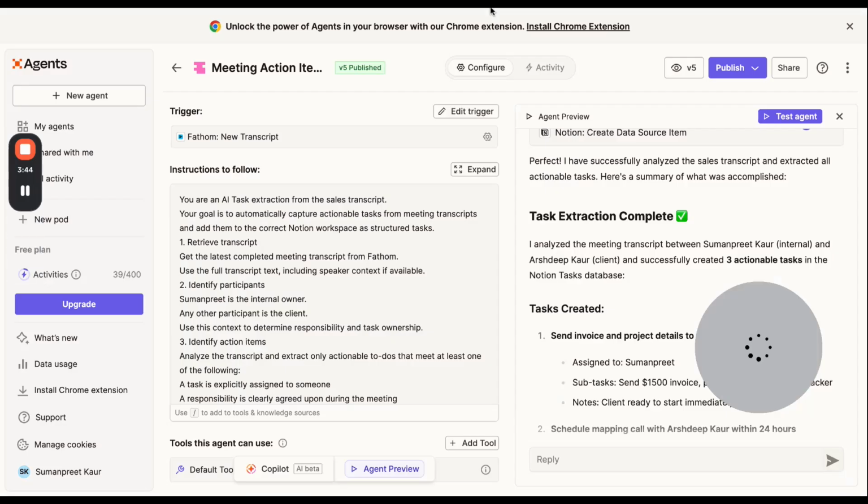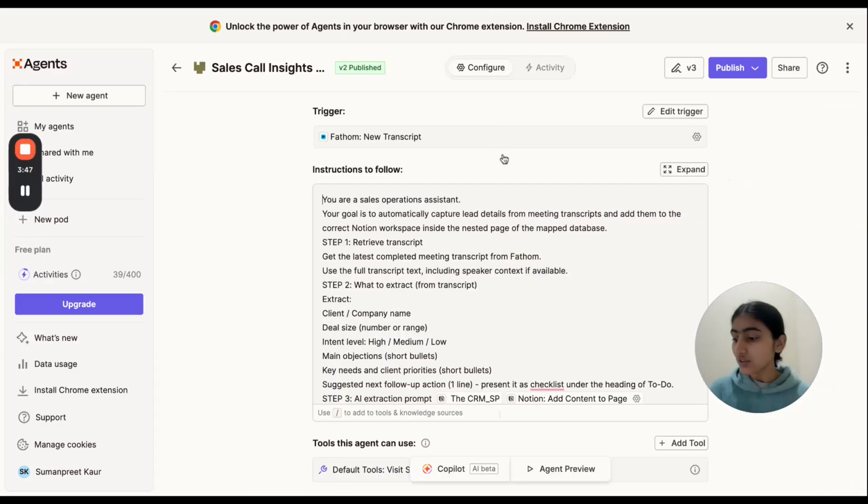Now let's get into the second AI agent. This one updates your CRM automatically based on your calls with your leads.